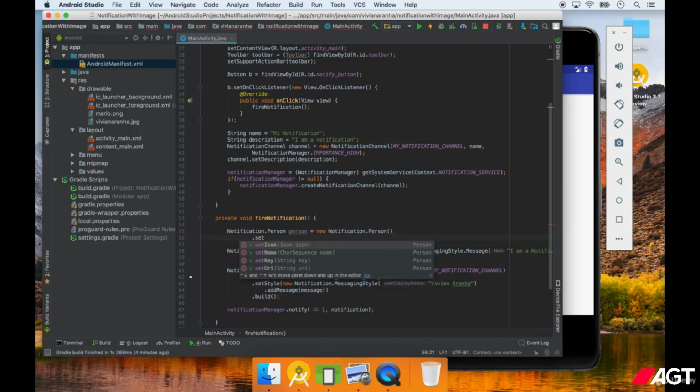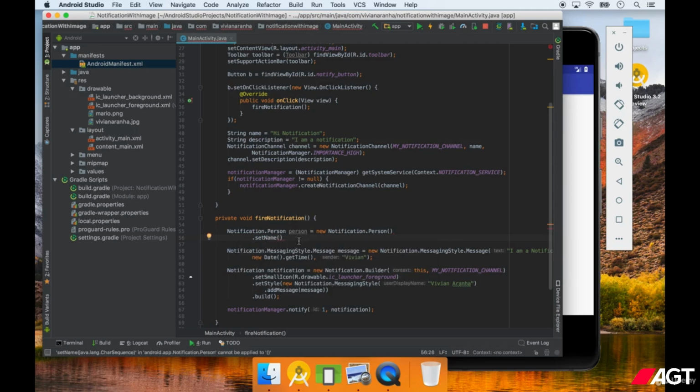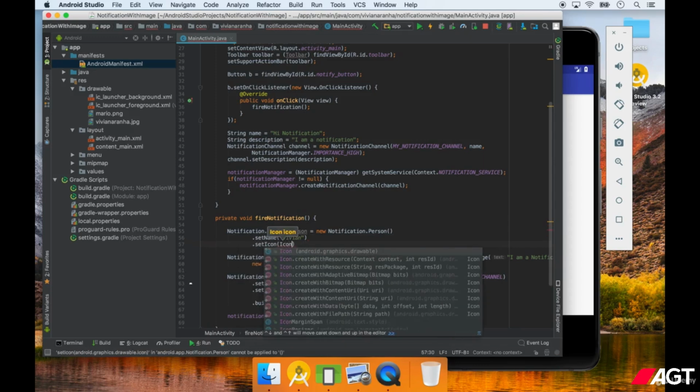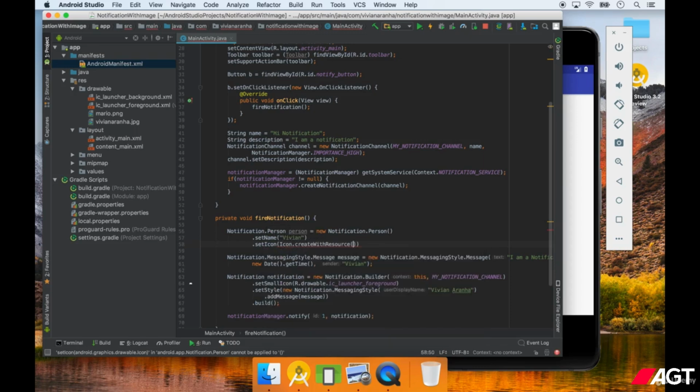I want to set a name for this. So it's kind of used for the sender. Instead of this part, we can use a person now. Instead of sender, we can use a person. Set name. So I'm going to use that same name, Vivian dot set icon, and for this icon, I'm going to say icon dot create with resource context, which is this, and say r dot drawable dot,